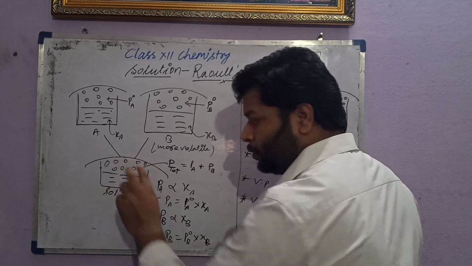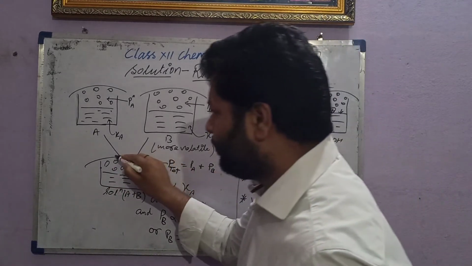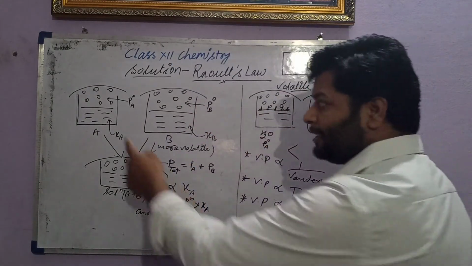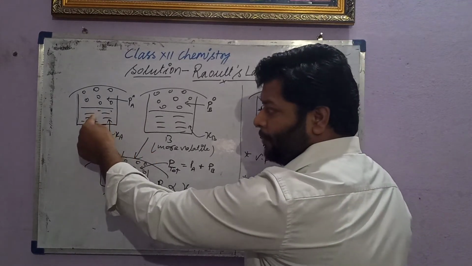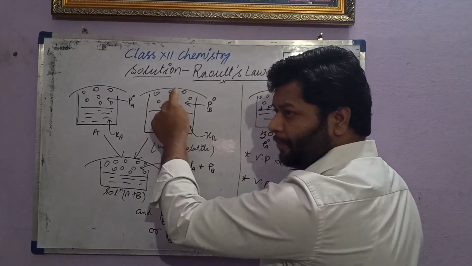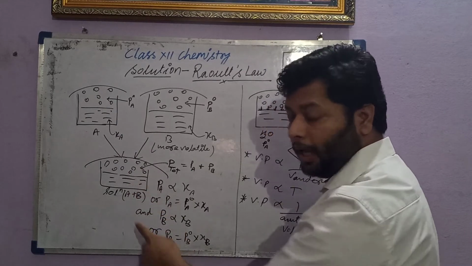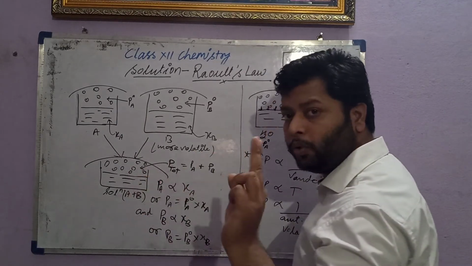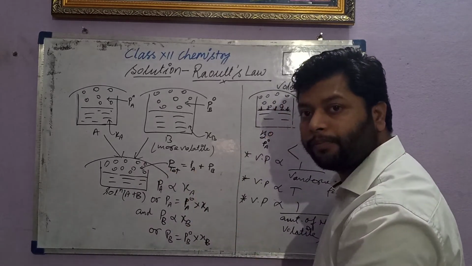There is a vapor of two different components, component A and component B. We get this by mixing two different component liquids A and B. There is only one component of liquid and one component of vapor for each. But when we mix these two liquids, we have a solution with two different components, and vapor of two different components: the vapor of A and the vapor of B.